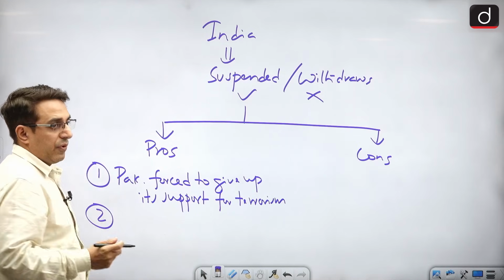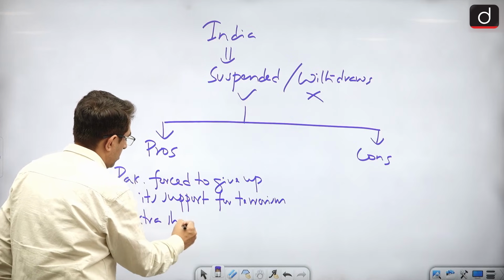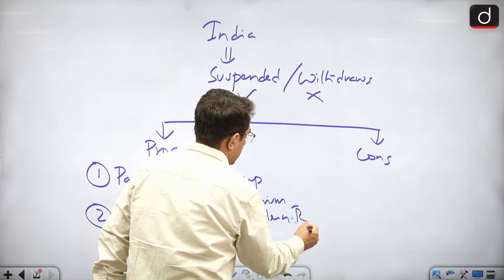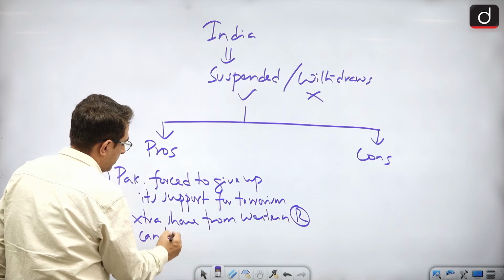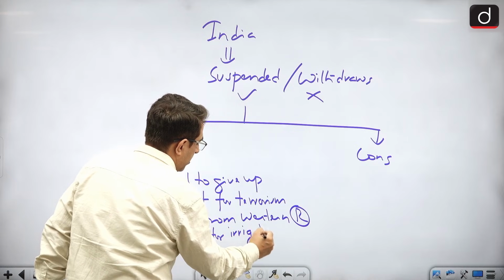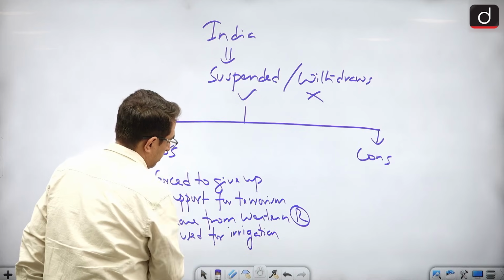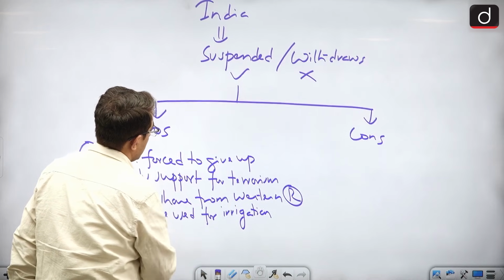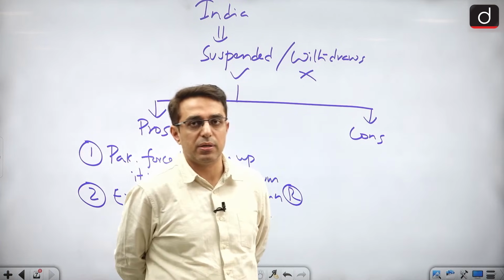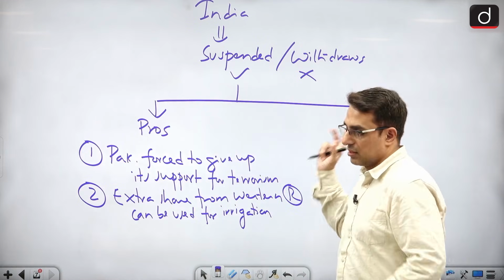Also, we will get extra share of water from western rivers, which can be used for irrigation in India, in states like Punjab, Haryana, Rajasthan, etc. Right, so this is also an advantage which can come to India if India goes for this suspension or withdrawal